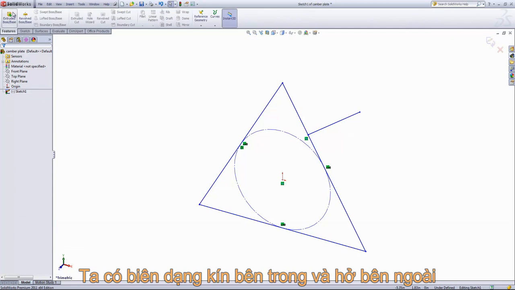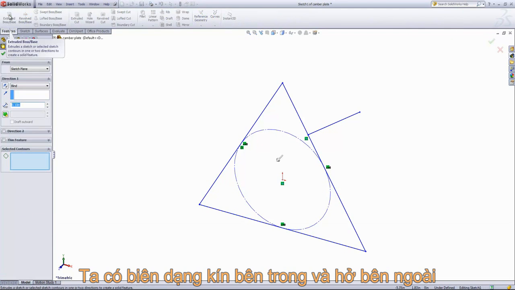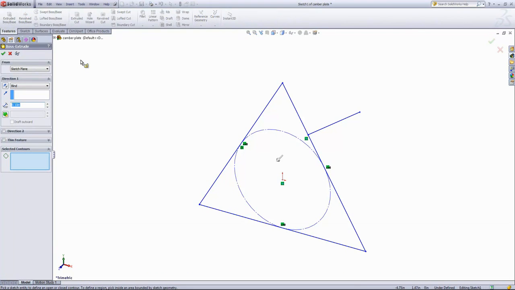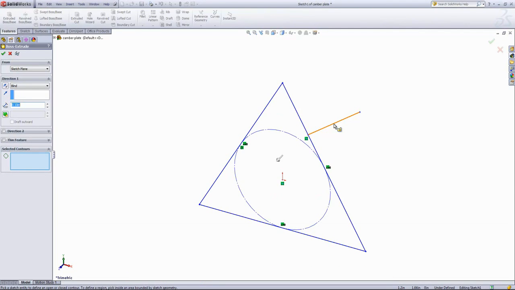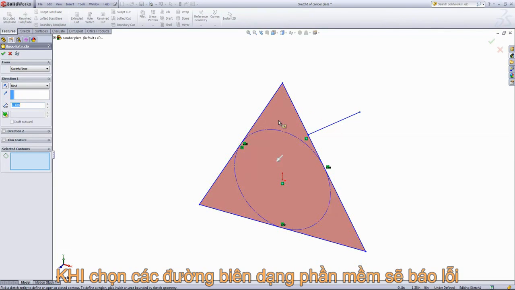When we go into the Features tab once again and choose Extruded Boss Base, it's not going to know off the bat what profile we'd want to use for an extrusion. It automatically brings you into this box called Selected Contours, which allows you to select out profiles within the sketch. If we hover over the inner area of the triangle here, we can select out that same profile and create